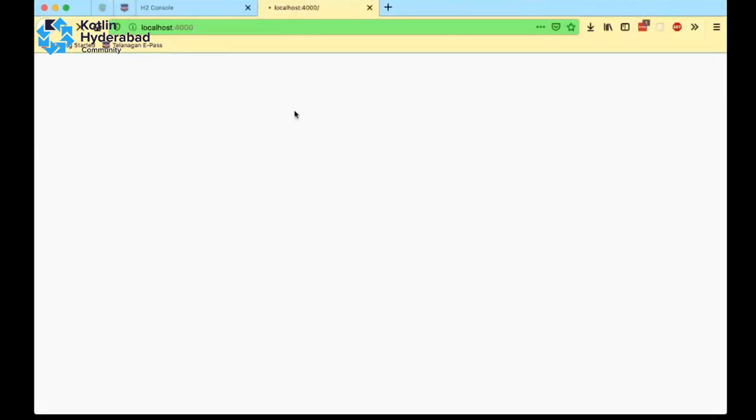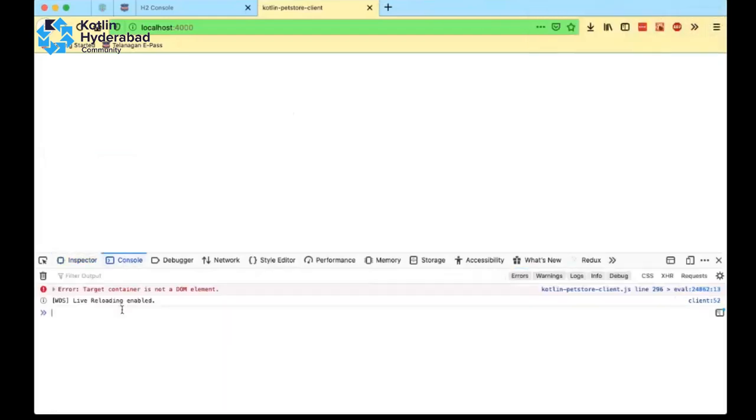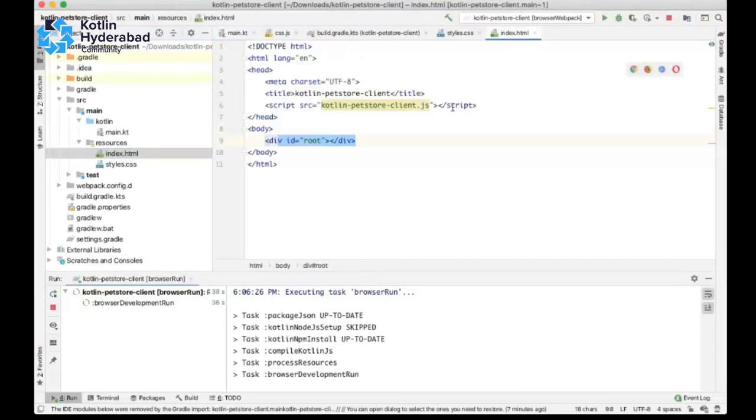It is still loading. Something happened. Okay, we need to place this script file here.